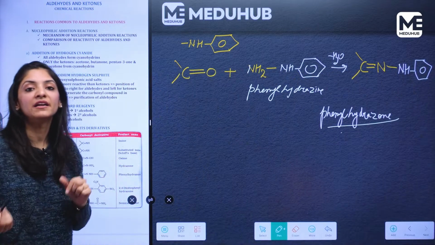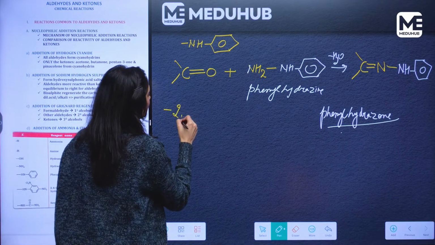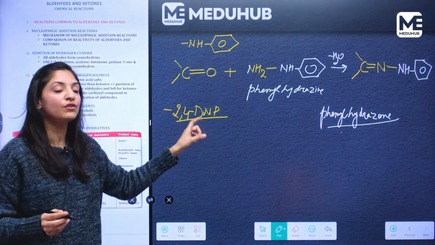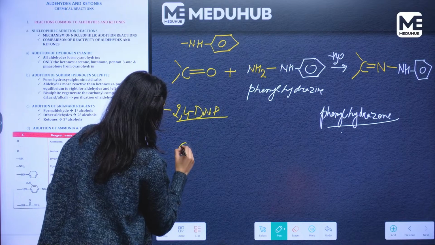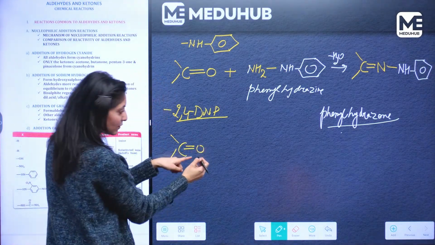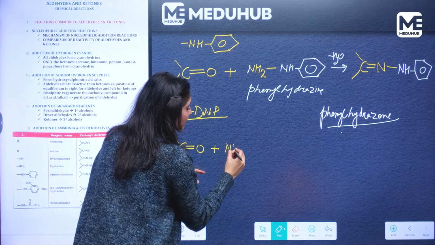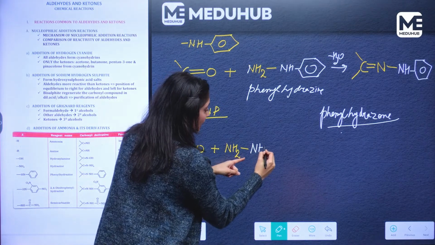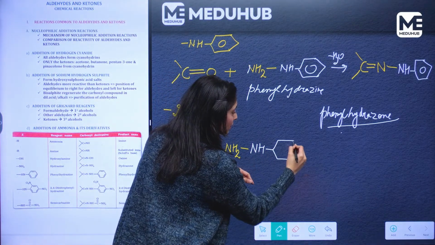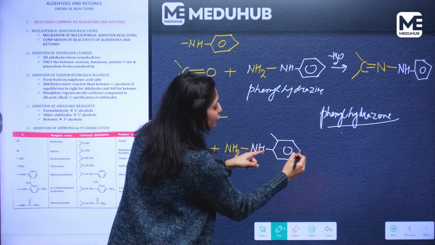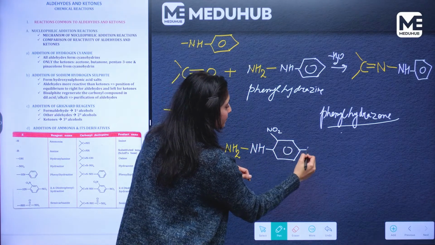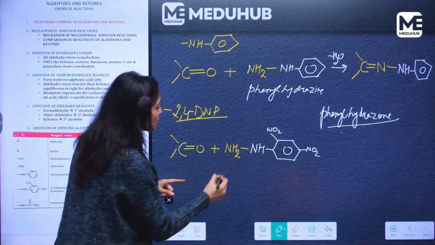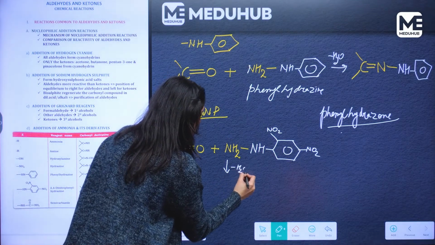If a derivative of phenylhydrazone is there, that is called 2,4-DNP derivative. That is 2,4-dinitrophenylhydrazine. This is the carbonyl compound. This reacts with a derivative, that is NH2. The derivative is 2,4-DNP. So NH attached to a benzene ring. And at the 2 and the 4 position, we have NO2 groups. This is 2,4-dinitrophenylhydrazine. This will give, upon losing water,